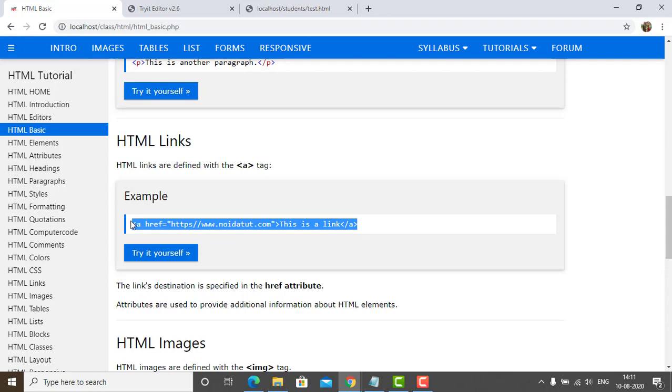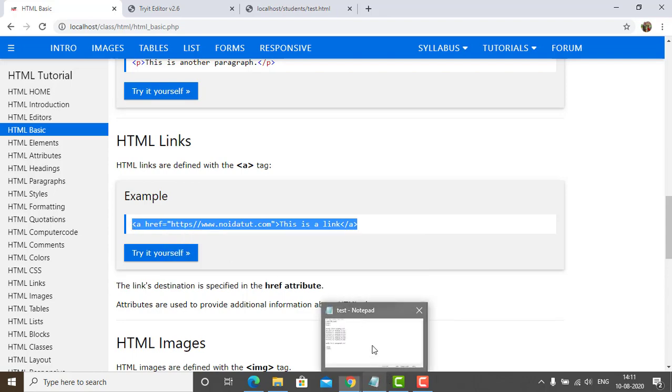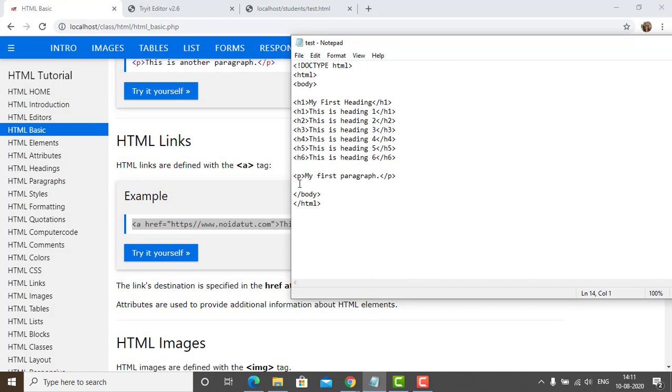Now we are copying it and pasting it in our notepad file. You can also try the same. Now you can see this part is a link. This will be visible on the web page, and when you click it, it will follow to www.noida2.com. Now let us save this.